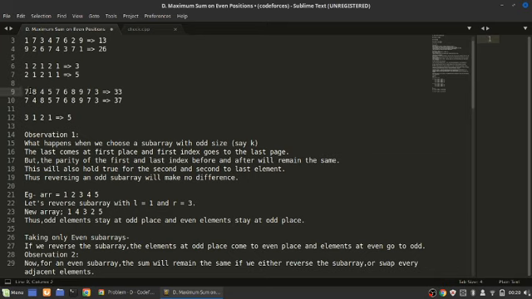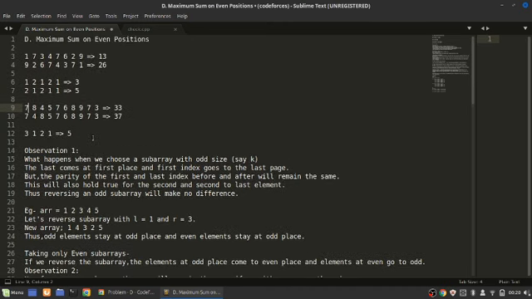In the third example, let's take the even sums first, and it is 7 plus 4 plus 7 plus 8 plus 7, which is 33. Now if we reverse just 8 and 4, then the sum becomes 7 plus 8 plus 7 plus 8 plus 7, which is 37. This is the maximum whatever case you take. Now the next case is 3 1 2 1. Note that in this case we do not perform any operation, and the sum at even positions, 5, is maximum, and we cannot get any more even sum.